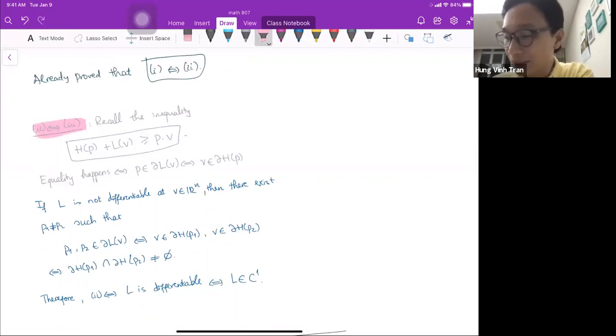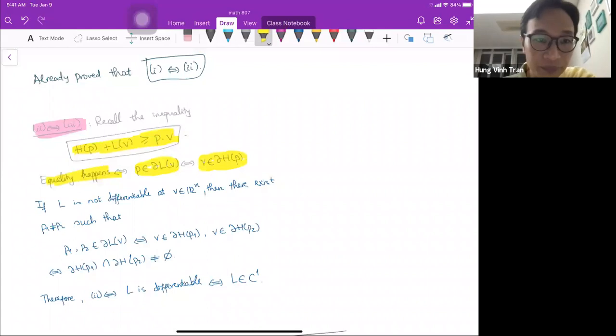And as I said, this is our favorite inequality. We're going to use it quite often, maybe every lecture. Maybe I'm wrong, maybe in lecture 22 I'll pull it out, not in our lecture anymore, but whatever. Okay, so this is our favorite inequality, and the equality is also our favorite. It happens if P is in the subgradient of L at V, or equivalently, V is in the subgradient of H at P. Okay,